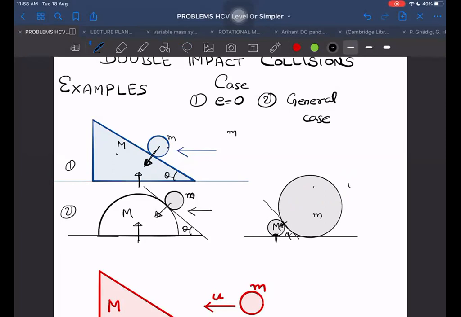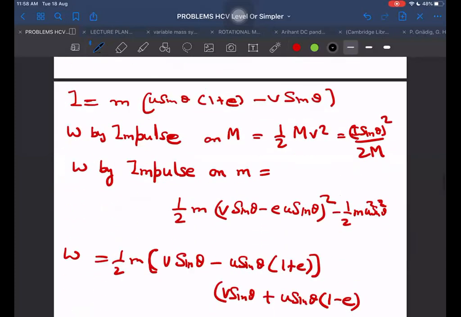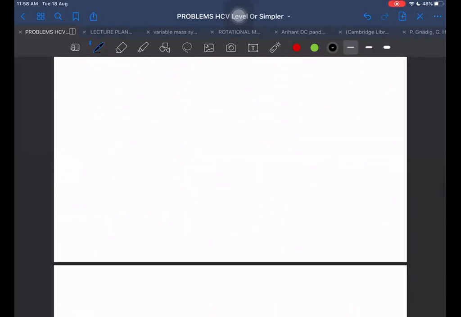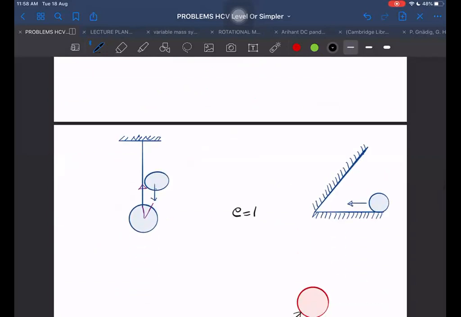See, although this situation and this situation appear to be so much different, they are not different as long as the small m was moving and the capital M was at rest in all of these three cases. Yes, sir. Then these are exactly similar. These three cases are similar. So by looking at different diagrams, don't think that it is now a different question. The question will maybe be the same, just the diagrams will be different. All these are similar. In fact, this is also similar. That one appears to be more different from all these cases, but this also can be dealt with in the same way.